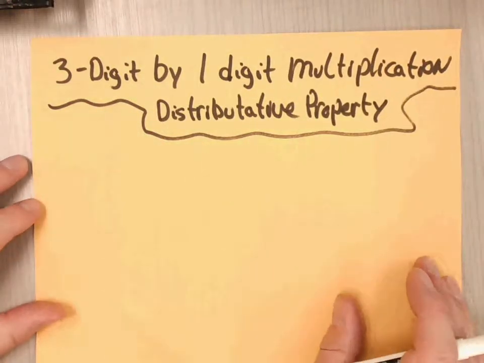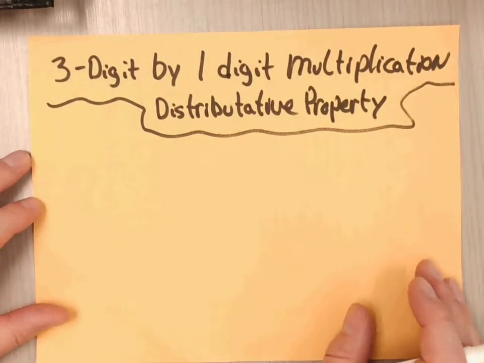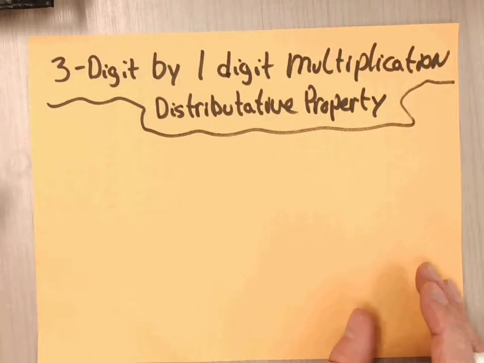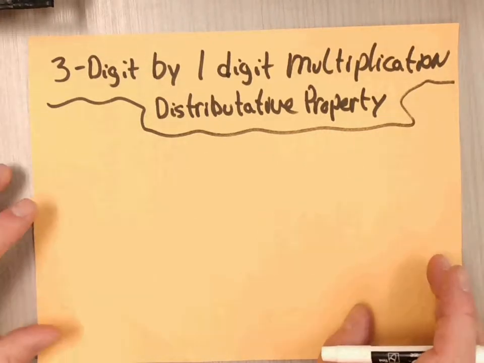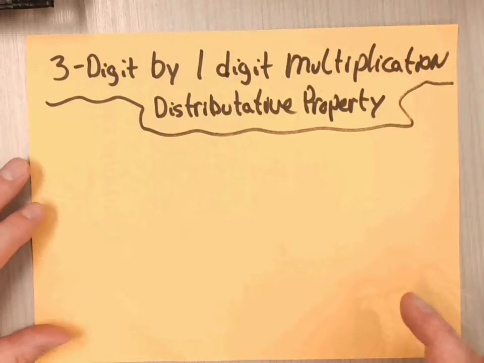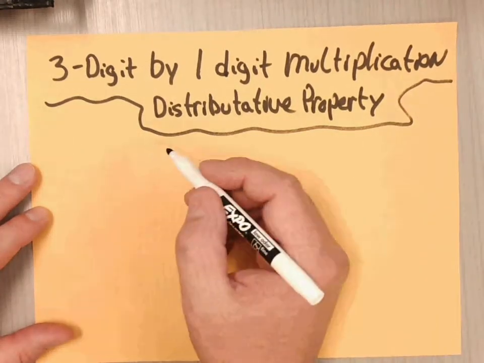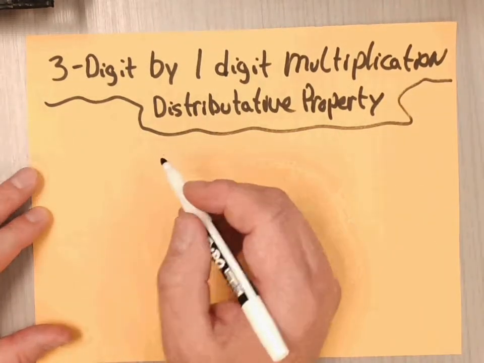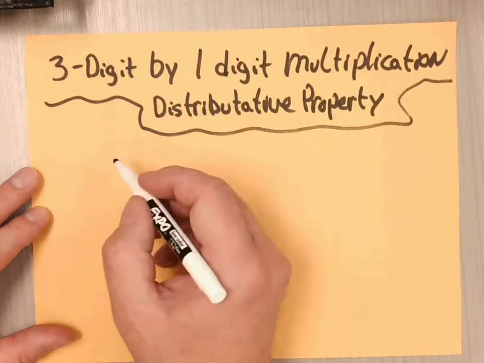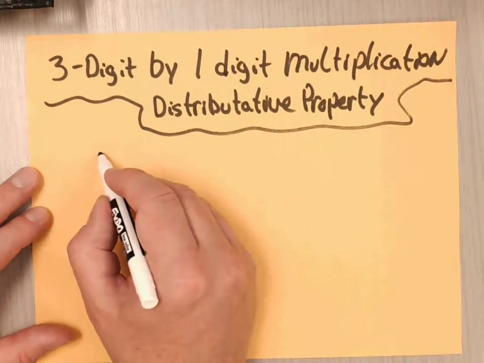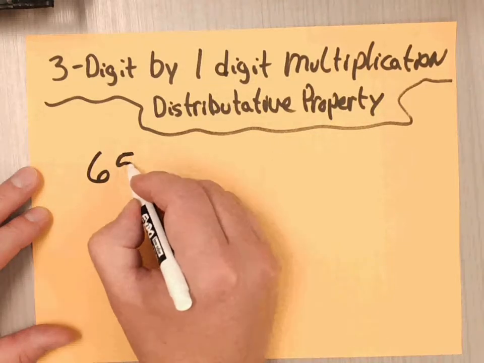Hello, today we are going to multiply a 3-digit number by a 1-digit number. And to do that, first of all, we have to come up with an equation. So we'll come up with 657